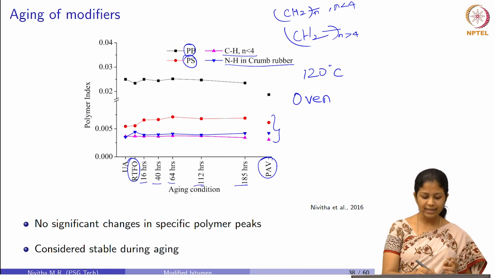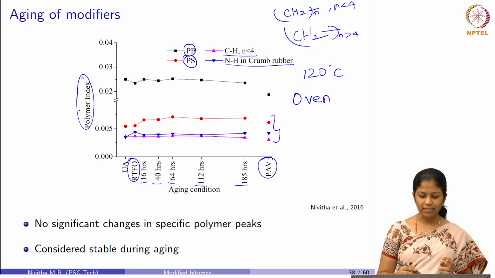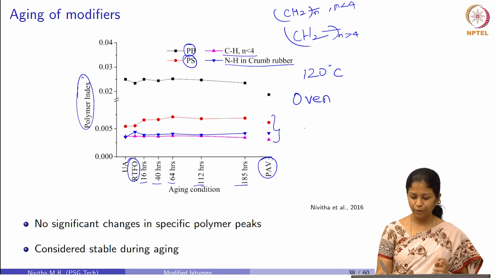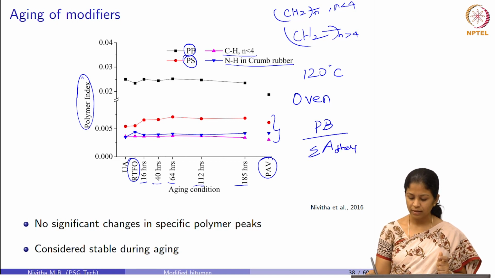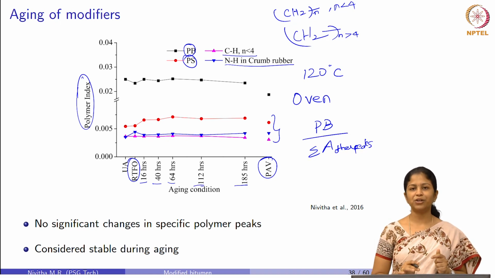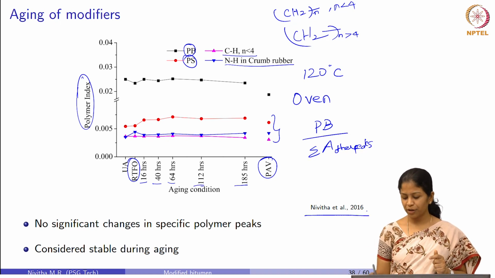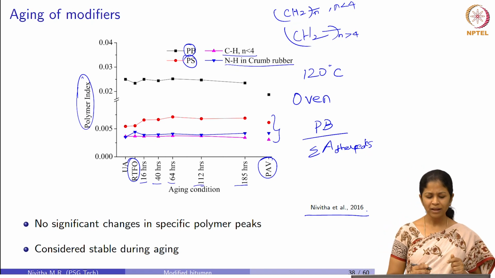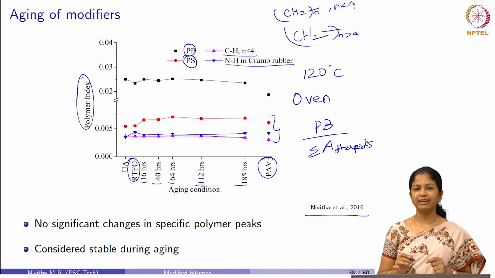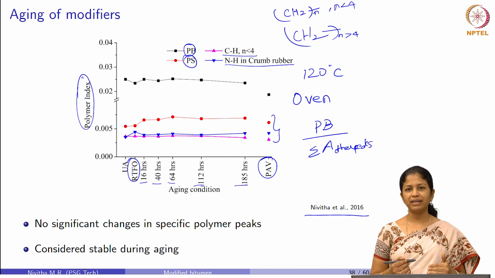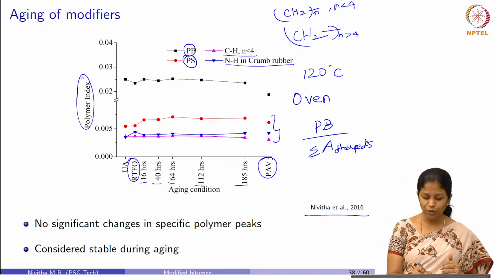So, this polymer index shown here is, say for example if we calculate it for polybutadiene, nothing but the polybutadiene area divided by the summation of the areas of other peaks present in bitumen. I am not getting into the details related to this. If you want the details, you can refer to this paper. So, we have calculated this polymer index, and from it we can see that there is no change